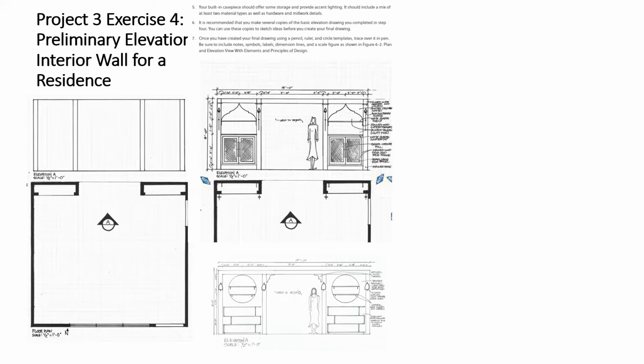Just a relatively similar design, of course, because we're all dealing with the same space, but a nice scale figure and some really unique built-in shelves here and some floating shelves above, as well as some sconces here. So that's one really nice example, but you can see scale figure, dimension lines, notes along the side, and a nice, crisp, clear elevation. So that's going to be your deliverable.